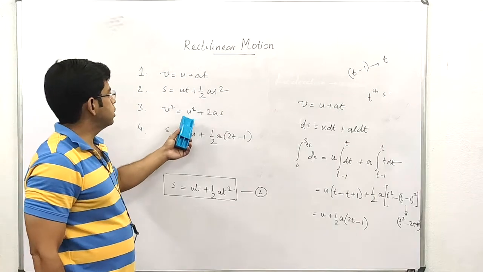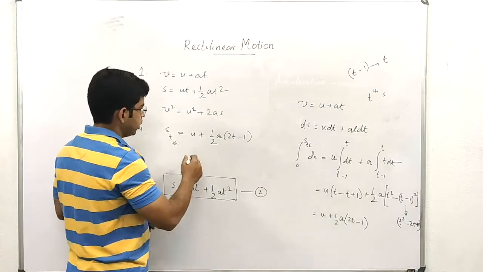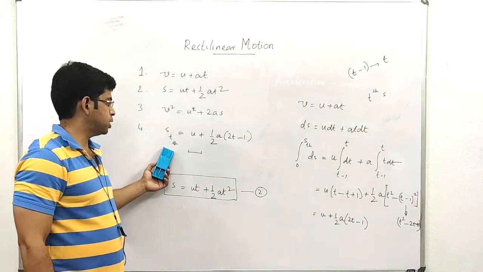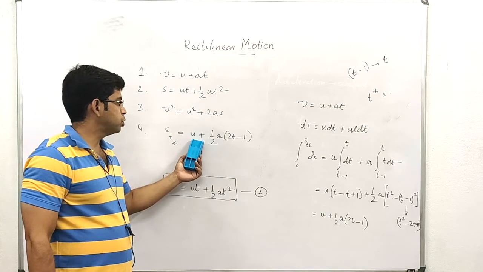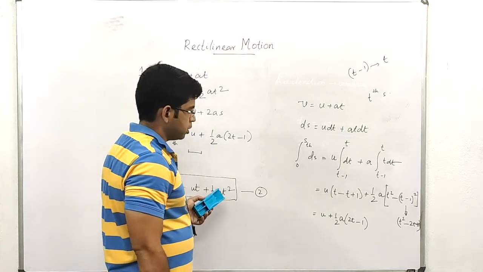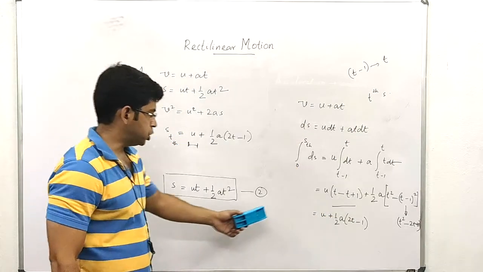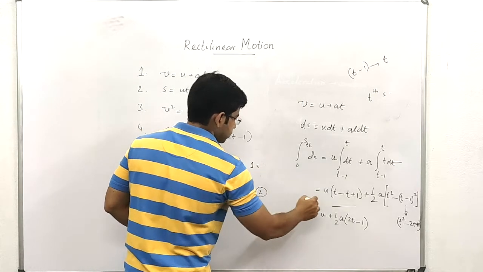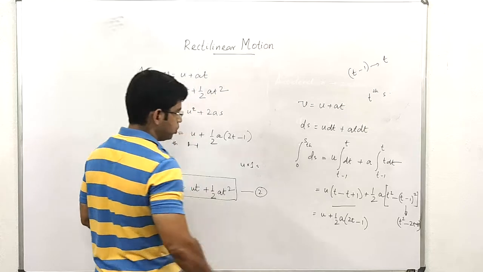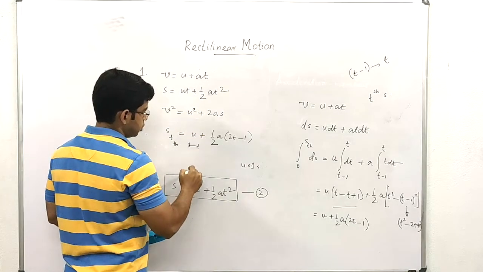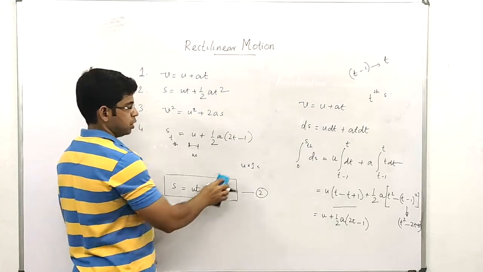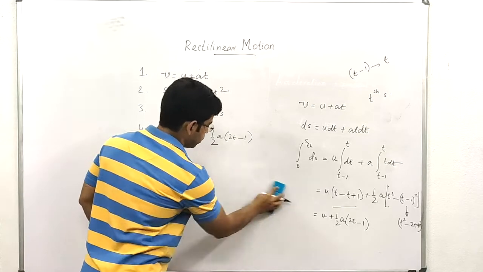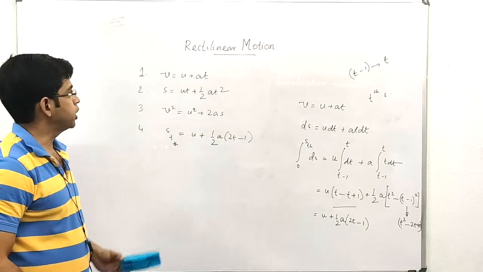Now if you check the dimensions, all the three equations are okay, but here you can find a confusion that on the left hand side s represents distance, which has unit meter, and here it is u, which has unit meter per second. But remember from this calculation that this u has been multiplied by 1 second. This term is not u, but u multiplied with 1 second. So it's not meter per second, but basically the unit is meter. So these are the four equations of straight line motion or rectilinear motion.